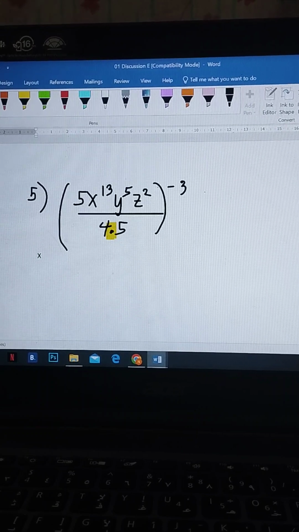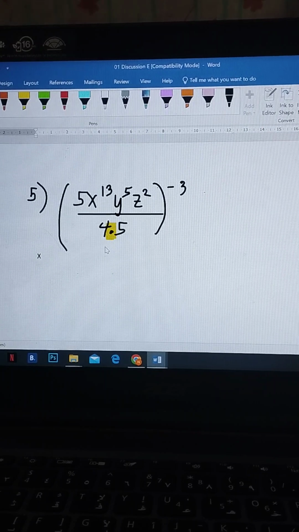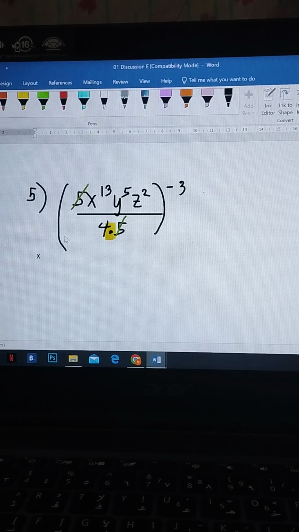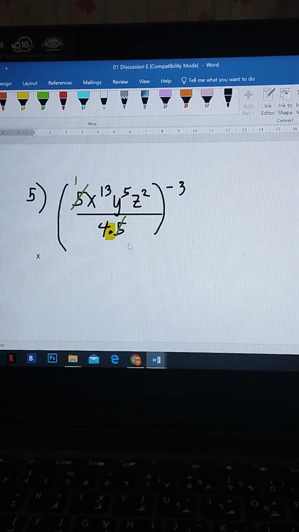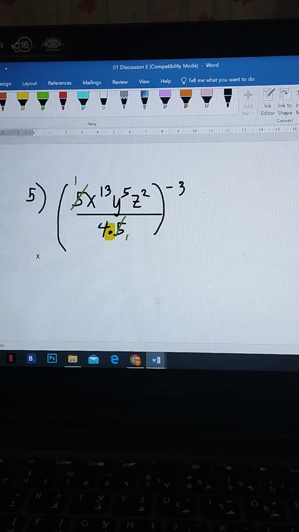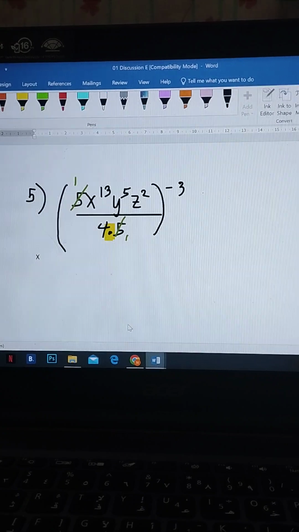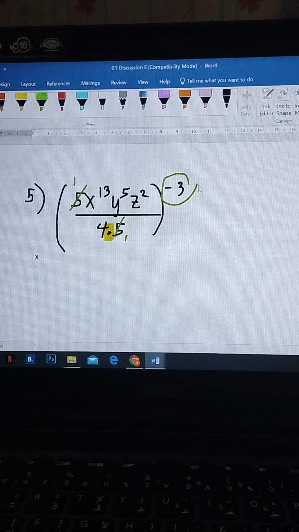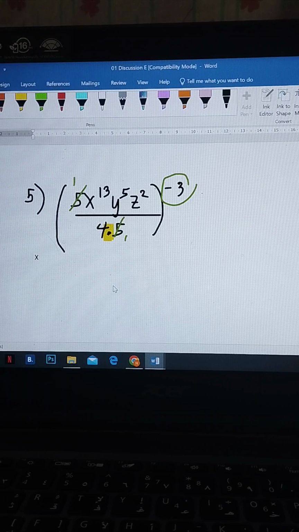If this is multiplication, then we can just cancel 5 with 5, cancel 5 with 5, okay, resulting to replace the cancelled number to 1. So that is now equal to, if we remove the negative exponent outside, then that is now equal to